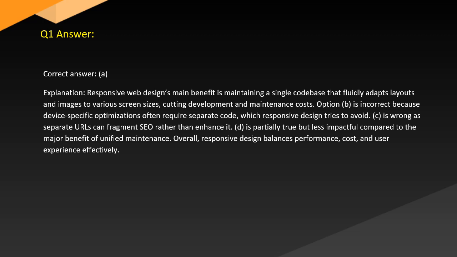Answer. Correct answer: A. Explanation. Responsive web design's main benefit is maintaining a single codebase that fluidly adapts layouts and images to various screen sizes, cutting development and maintenance costs. Option B is incorrect because device-specific optimizations often require separate code, which responsive design tries to